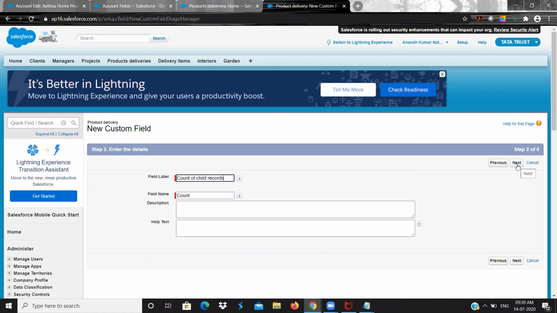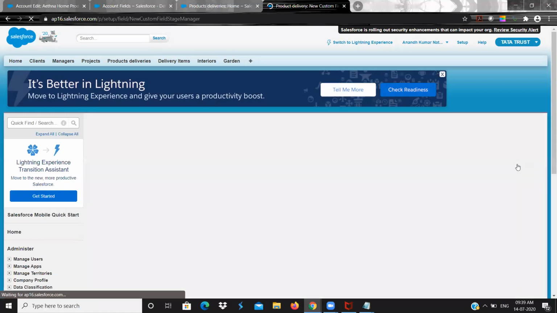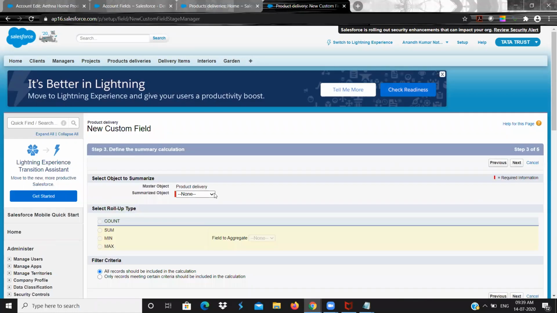Okay, next, it will tell which object. So this product delivery is having only one child in master detail, so delivery items. What I want, these three are aggregate. Aggregate means mathematical function: sum, minimum, maximum. So we need to select a field. So I will be having a count.